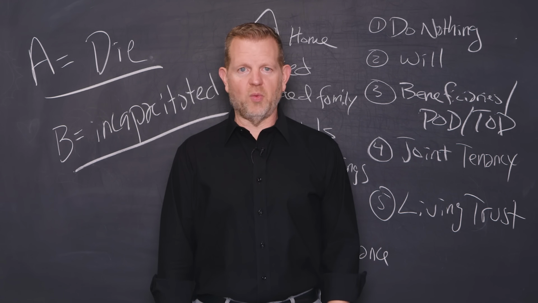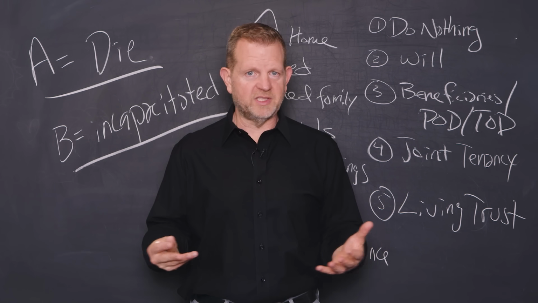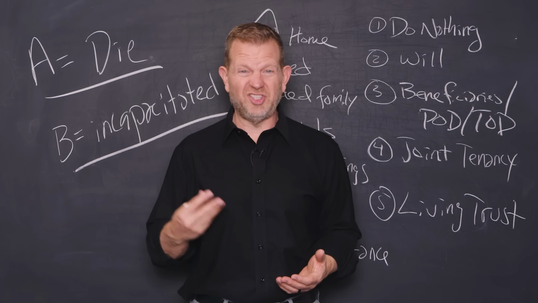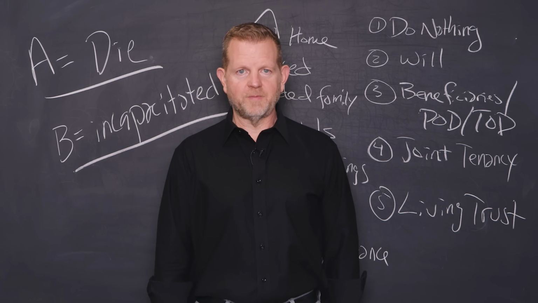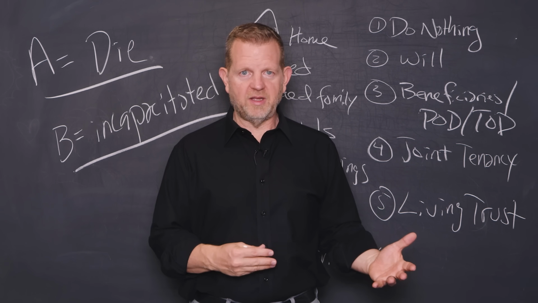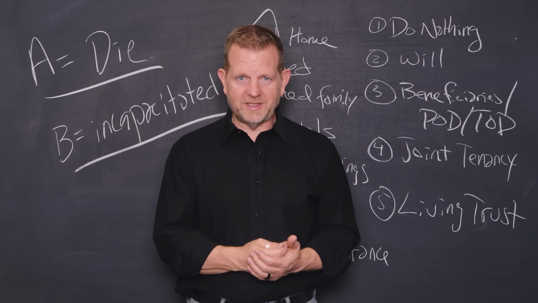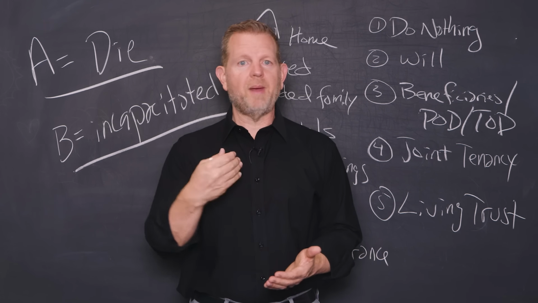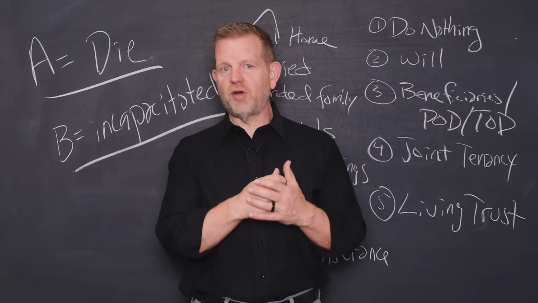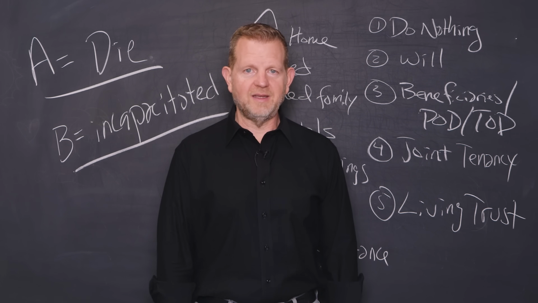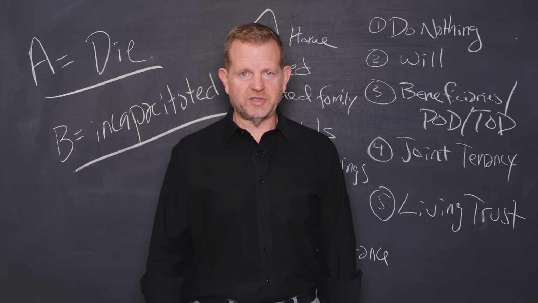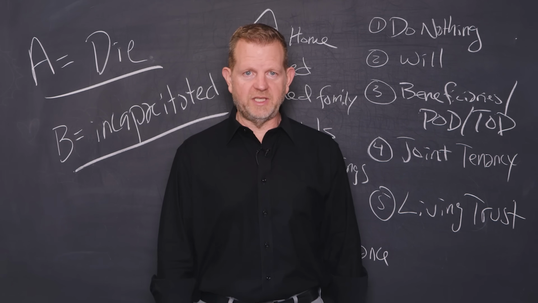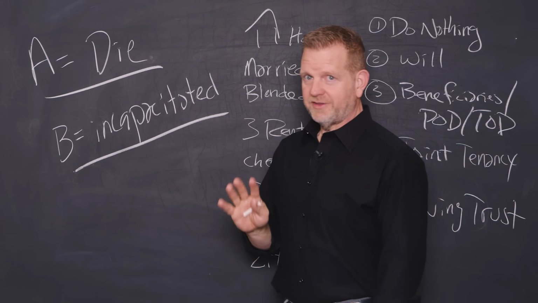It doesn't coordinate well when you have multiple properties, multiple LLCs, or blended families. You can disinherit your kids. What if the beneficiary that you've named is incapacitated? What if they're getting sued? What if they're in a bad marriage? What if they're a drug addict? What if they're an alcoholic, right? You just handed a match to somebody who's doused in gasoline, boom. We see it all the time. But that's not the worst.